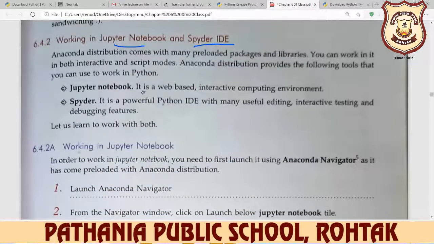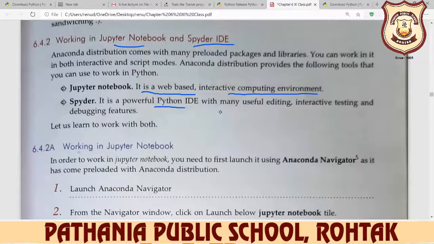Jupyter Notebook is a web-based interactive computing environment, and Spyder is a powerful Python IDE with many useful editing, interactive testing and debugging features.